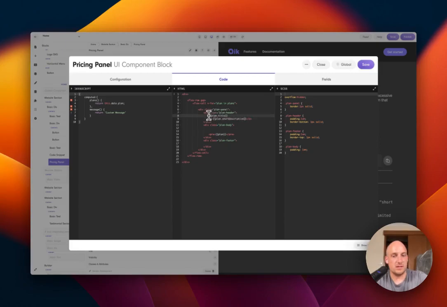Up here we'll make this an h3, and down here we'll do an amount, which will be div class amount, and here we can go dollars plan.amount, and then do a little span for plan.frequency, put a little slash there,